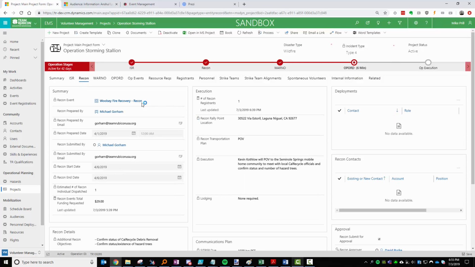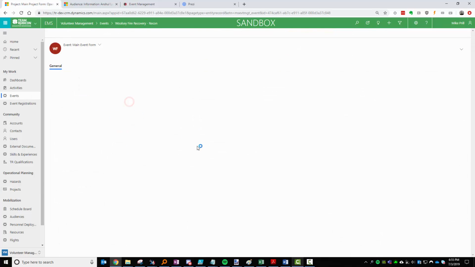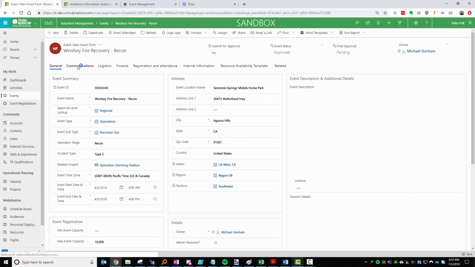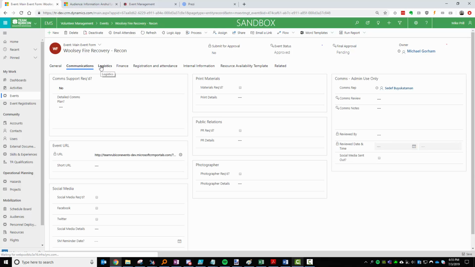The main difference here is that we now also have a recon event. So recon, advon, and the op board will all have their own events, and that is to be able to track who's actually on the recon, if there's any logistics or finance type things. So if we go into one of these, you can see we're still using the same type of event form